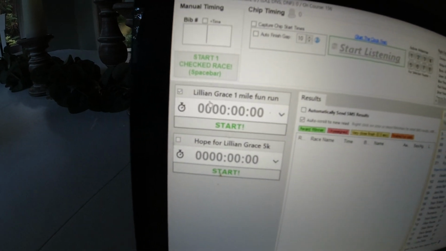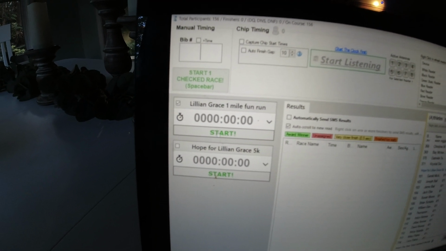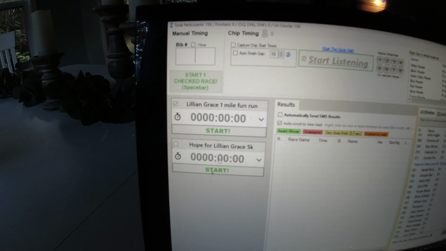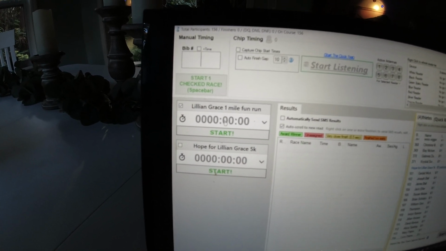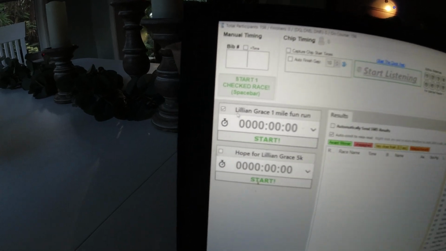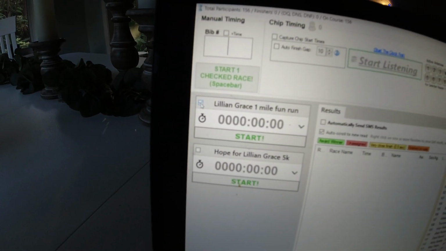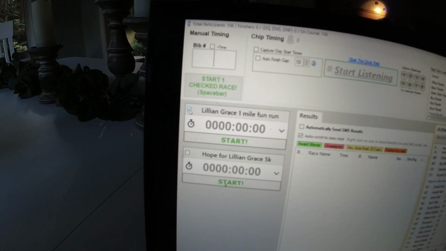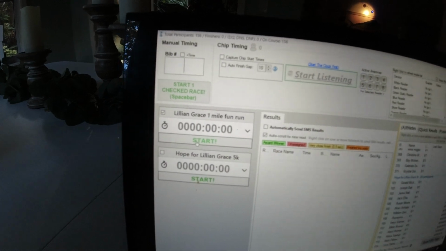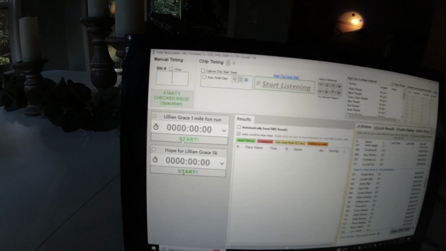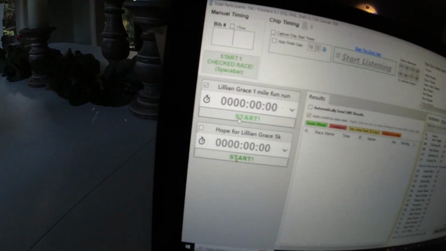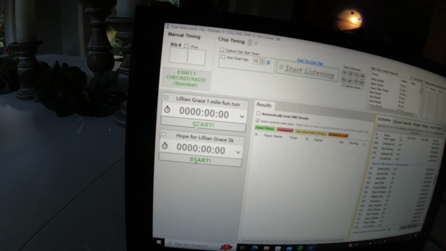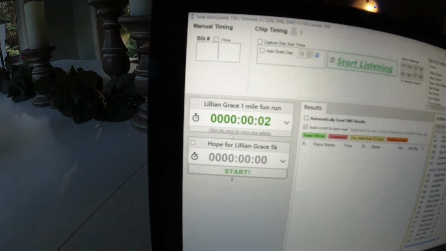First important part is, if you have two different races, say you have a 1 mile race starting at 8:30 and the 5K starting at 9, when you start, if you're timing both races, you want to make sure only the race that's starting at that first time is checked. So you get your horn ready, and then you see it says start, hit the space bar. So you have the horn ready, you start the race. All you do right now is hit the space bar, and you'll see that the race that is checked